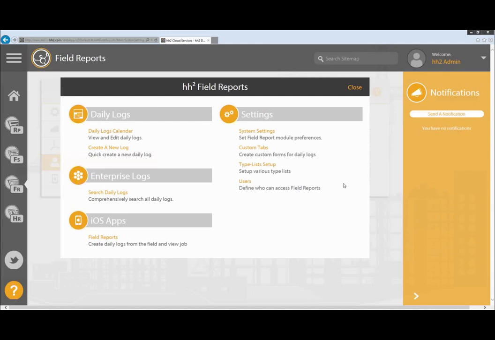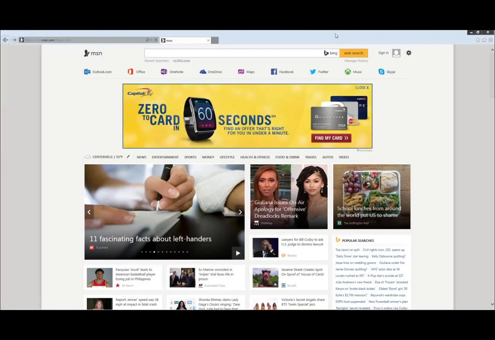So let me just display, I'm going to move this off my screen, and let's just display out my iPad. I've got that already set up. So let me turn on my iPad. And I'm going to turn on